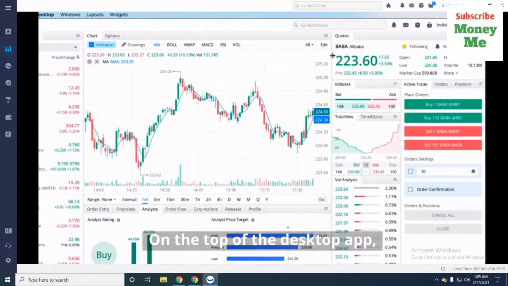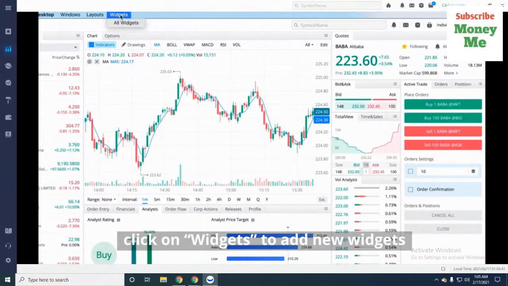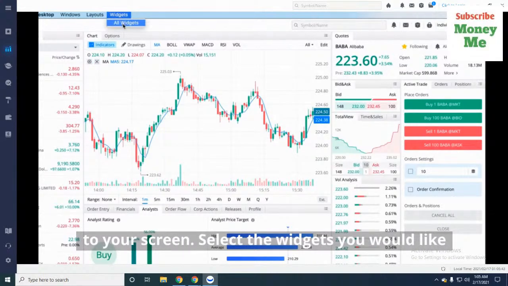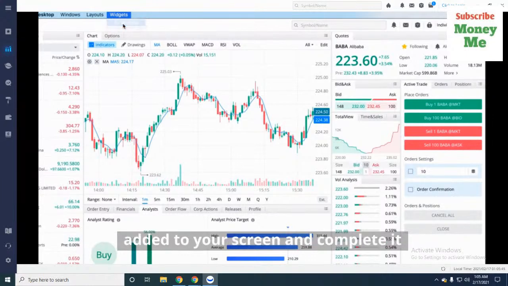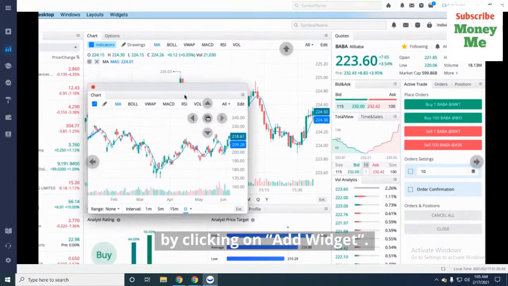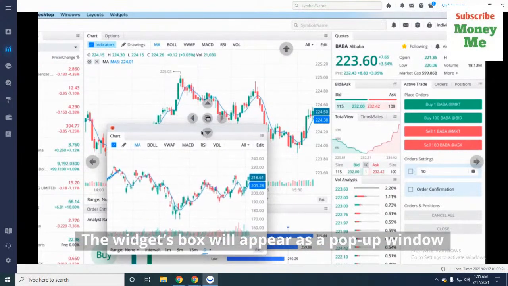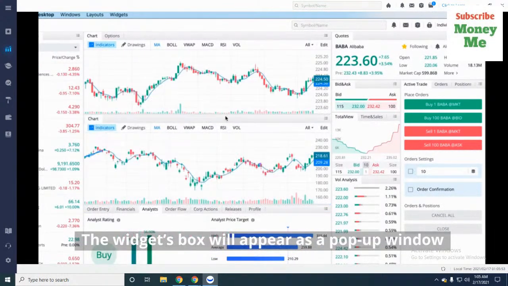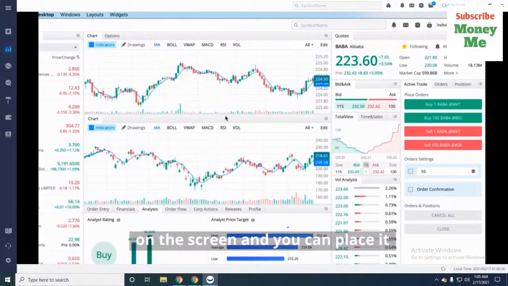On the top of the desktop app, click on Widgets to add new widgets to your screen. Select the widgets you would like added to your screen and complete it by clicking on Add Widget. The Widgets box will appear as a pop-up window on the screen, and you can place it anywhere to your